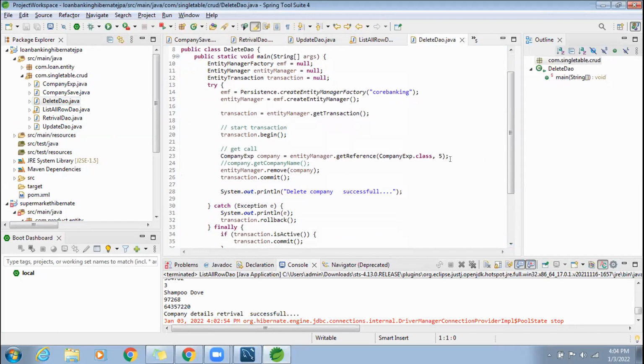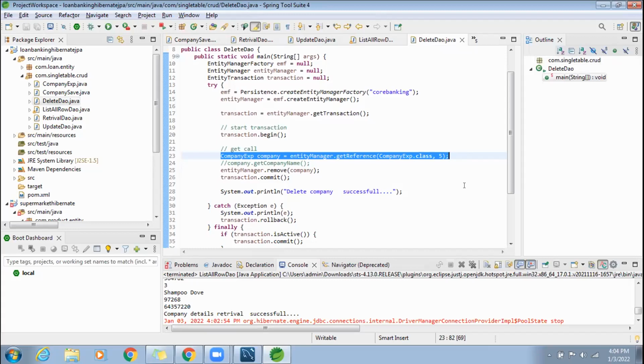Okay, she opened that DO. See what is on the 23rd line. So what we are doing again here, get reference and get find is one and the same, a little bit different. Instead of get reference, you can make it as get find. Both are one and the same, a little bit different.